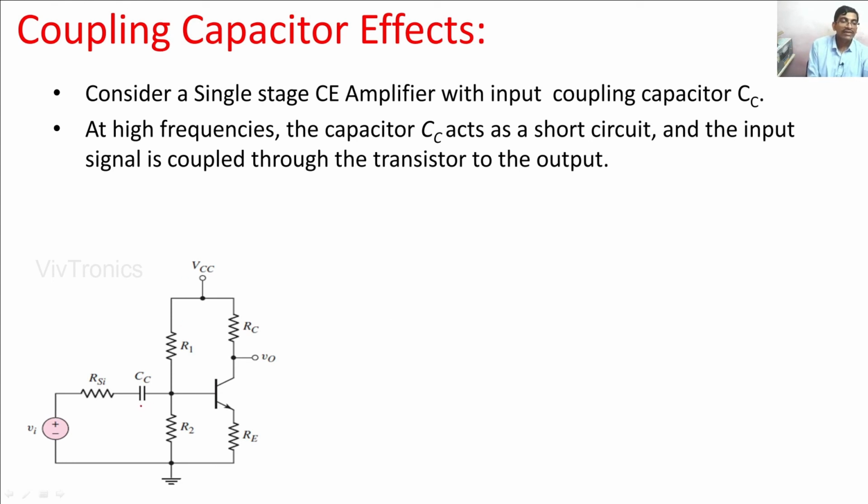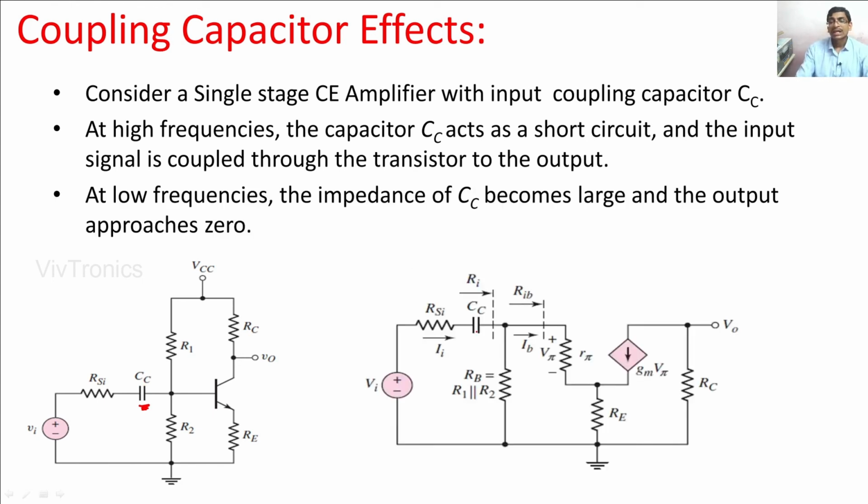When we have a coupling capacitor at the input side, the reactance of this coupling capacitor can be neglected at high frequencies, and we can also neglect the CC in the equivalent circuits in the medium and high frequencies. But if we are in the low frequency range, the reactance or impedance of this coupling capacitor is very high, and therefore we cannot neglect this CC in the small signal equivalent circuit. The voltage gain of this circuit also depends on the CC, because the voltage gain of this entire amplifier is multiplied by the time constant term, that is in terms of the CC.